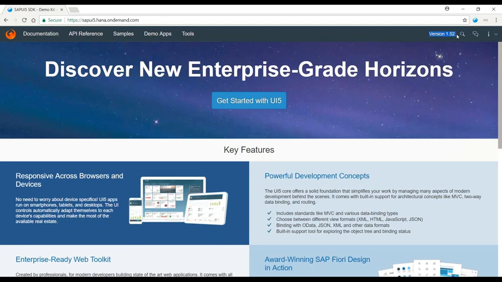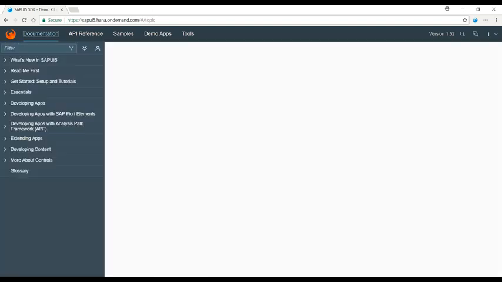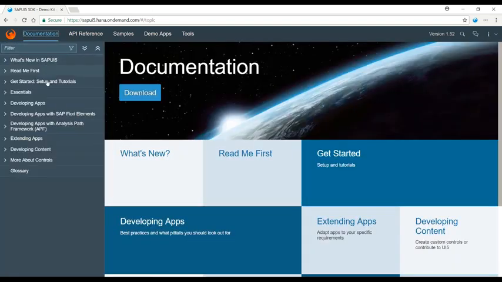Now you want to know what are all the different versions we have, and what is the difference or enhancements which have been done in different versions. The single stop shop, once again I would say, is the UI5 documentation, and in the documentation you can see here all you need to know. The complete user guide of UI5 is available here, a complete end-to-end user guide. Now here you can come and search for, let's say, version,